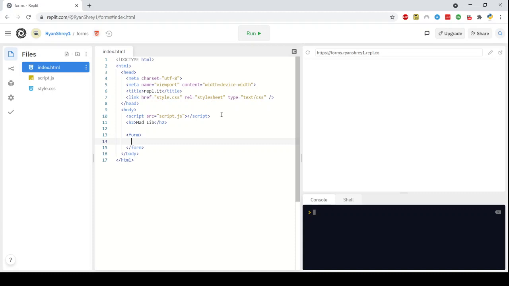Inside this form element, you'll need a label for each of the input boxes. So for example, I'll say noun. And after the label, I'm also going to put a line break, because otherwise, I believe these are inline elements, so they would be next to each other. I don't want them next to each other. I want them to skip a line. So I'll put a line break,